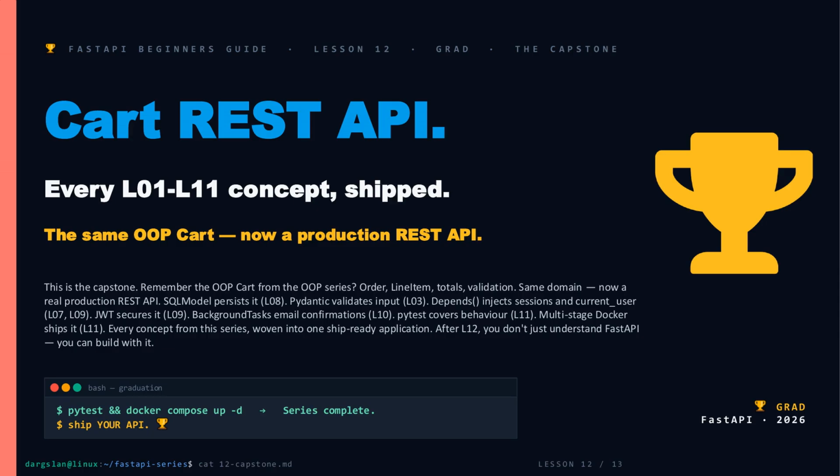Welcome to Lesson 12, the Capstone. Remember the OOP cart we built way back in the object-oriented series? Order, line item, totals, validation. Same domain, but this time it ships as a real production REST API, with every concept from lessons 1 through